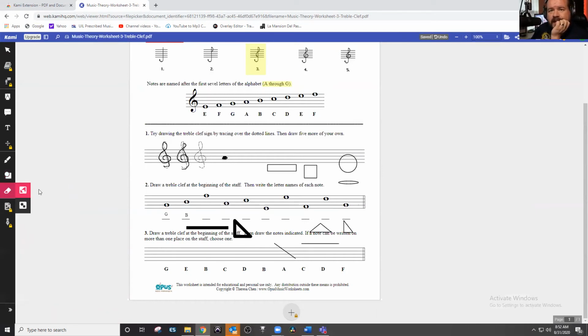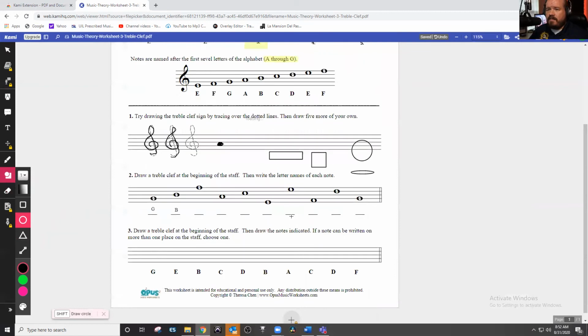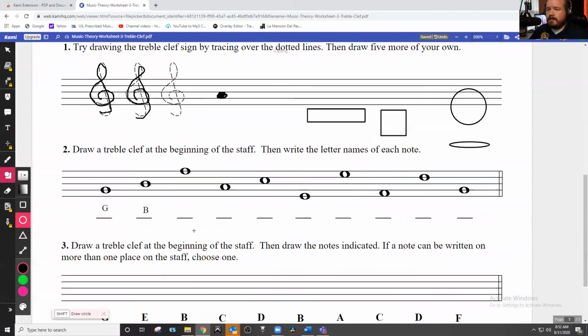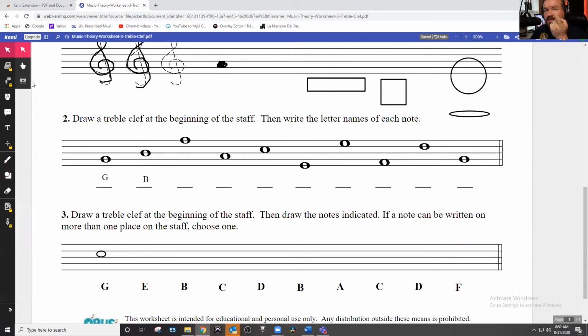Okay, then there's the eraser tool, which you can use to erase what you've made on the document. You can also, for music theory, since students will be drawing a lot of notes, create one note with the ellipse tool at the size that you need it. Then you can go back to the select tool, use the select annotations square, drag it over that note, it'll